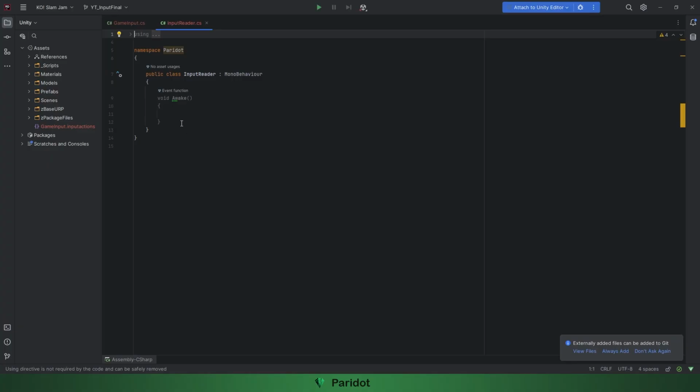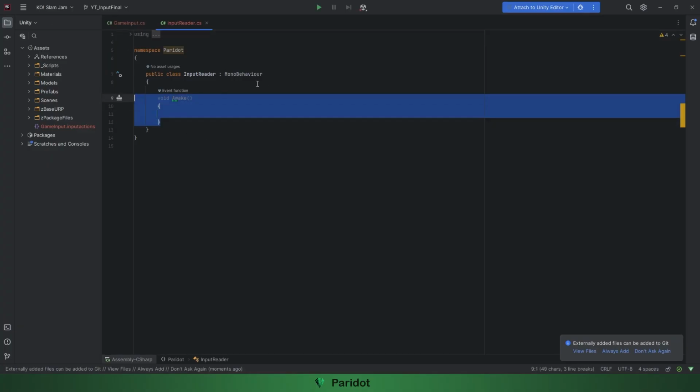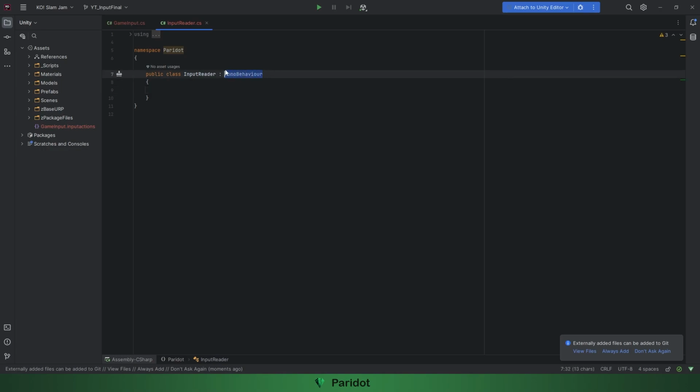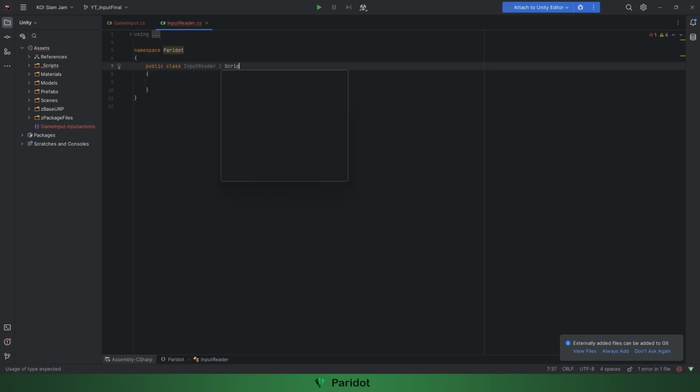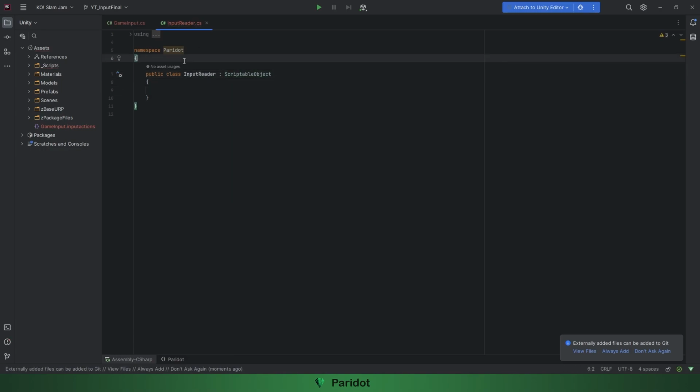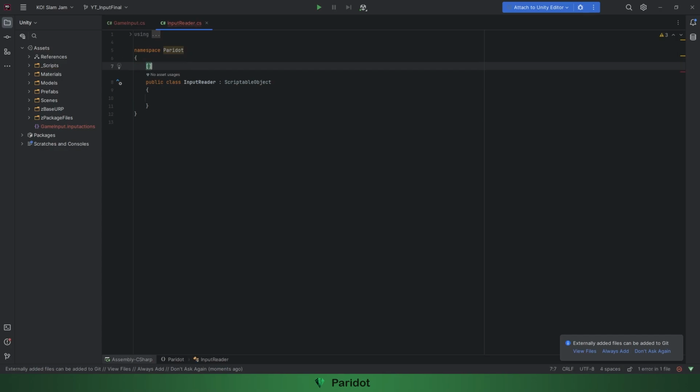So right away when I open it up, this is not going to be a mono behavior. Don't need the awake function. Don't need mono behavior. Instead, we're going to make it a scriptable object. And to go along with that, we are also going to create asset menu. And we're going to call it input reader. And if you're not familiar with scriptable objects, all this is doing is adding an option to the context menu in our project window that allows us to create an instance of this asset